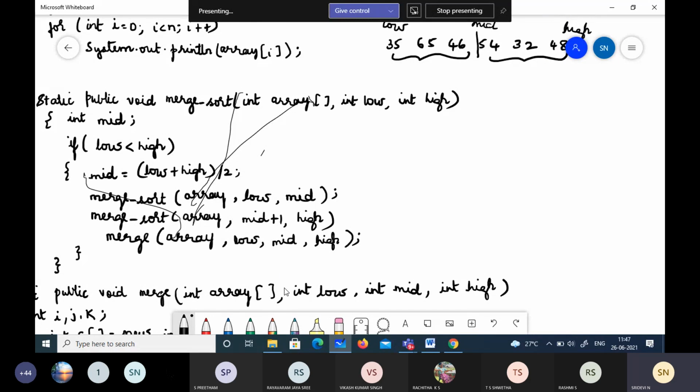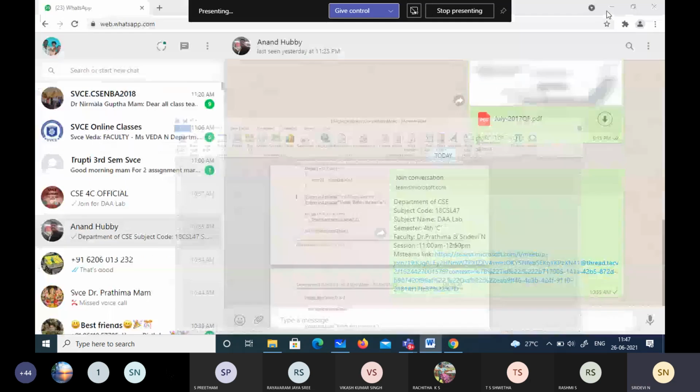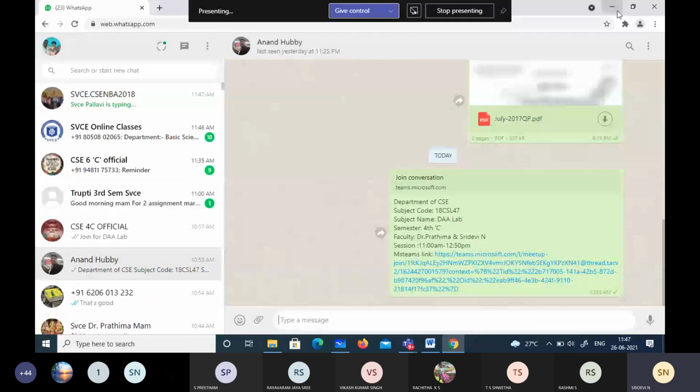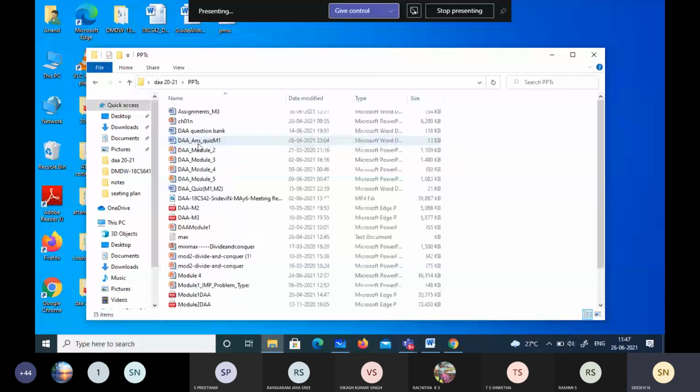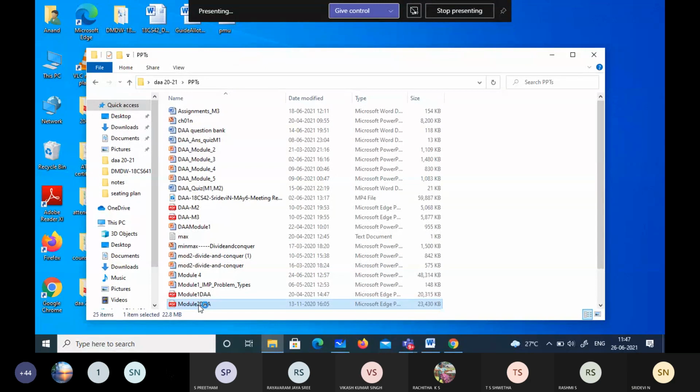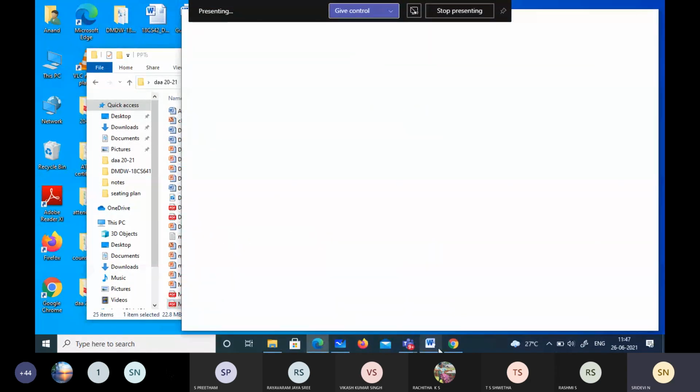If you remember how we have done it, let me open that and show you, then it will be clear for all. Do you remember the PPTs? We did it using trees. Let me show you those notes, then it will be clear. In merge sort, we had written that. So here, until that.